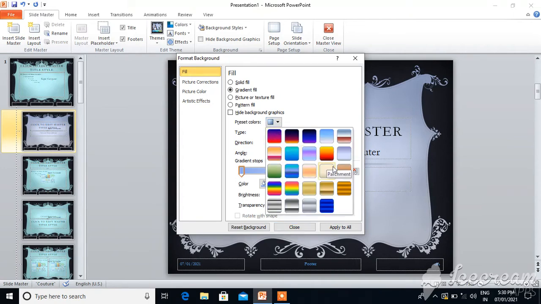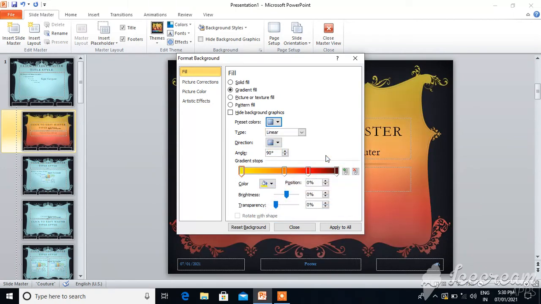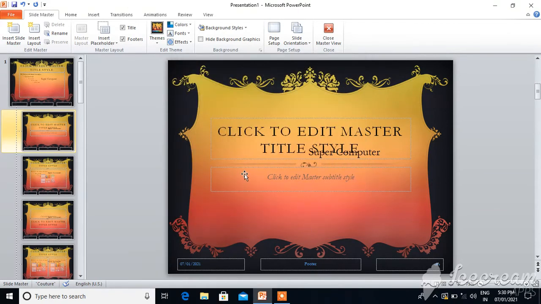Just choose any color scheme. See here, it gets applied, meaning ready-made two-color combinations are applied to our slide.